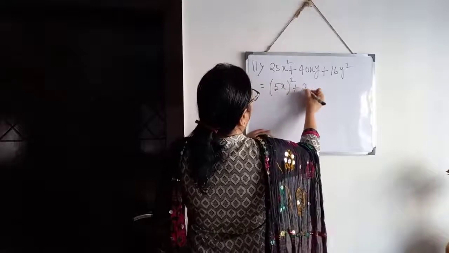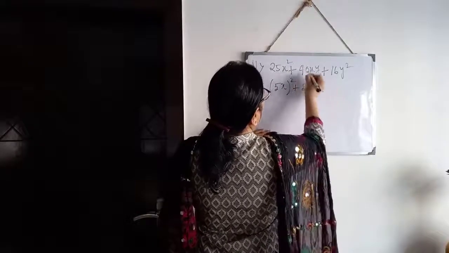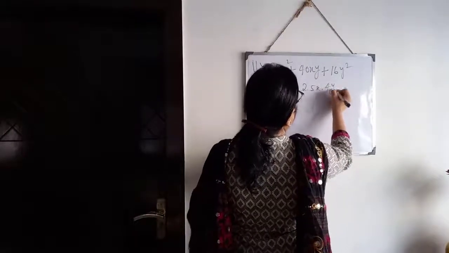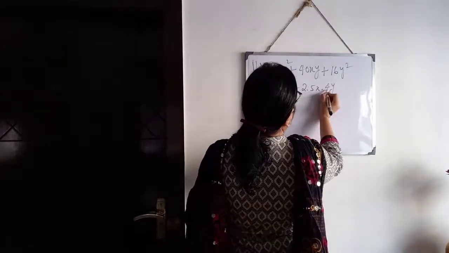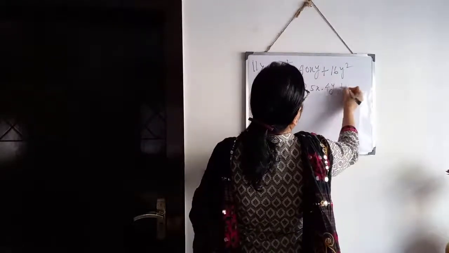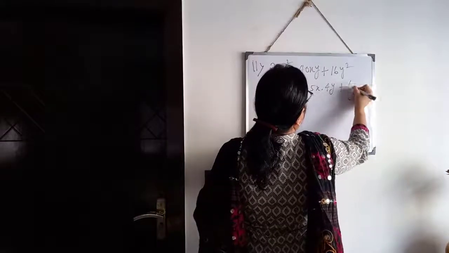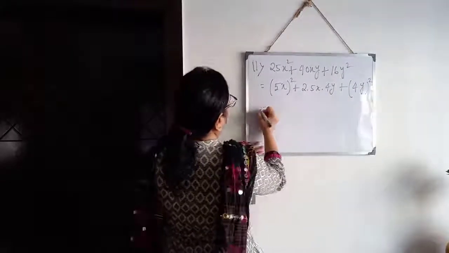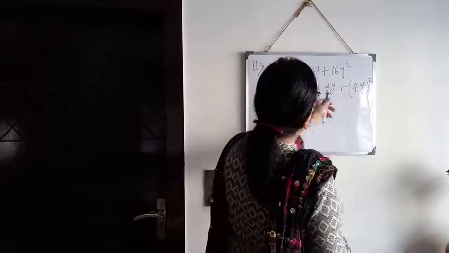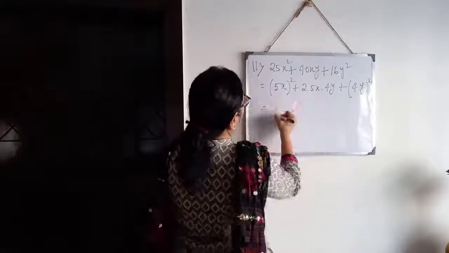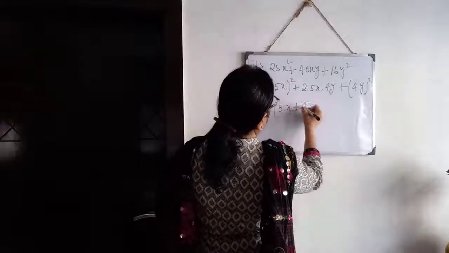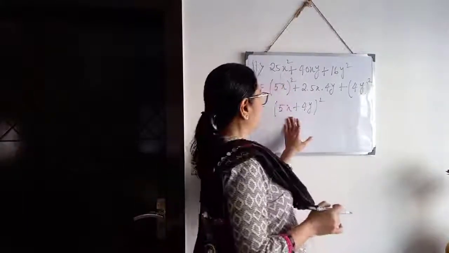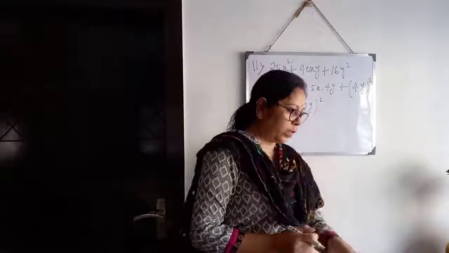Then 2 into 5x. Now 40 is there. So we have got 10, then there will be 4y. So 5 2s are 10, 10 into 4, 40, 40xy. So automatically your term B is coming 4y whole square. This means 16y square. Clear? Now it is in that form a square plus 2ab plus b square. So we can write a plus b whole square. We have expressed it as a perfect square. Clear? First part over. Then find the value.